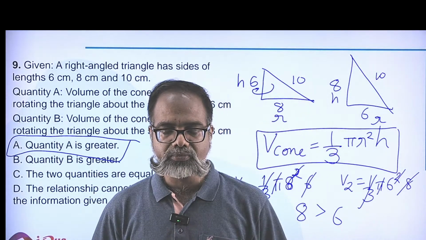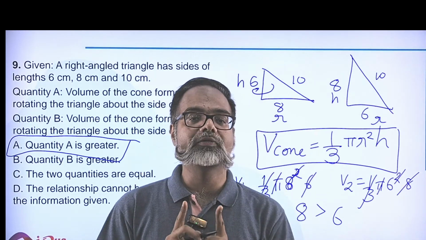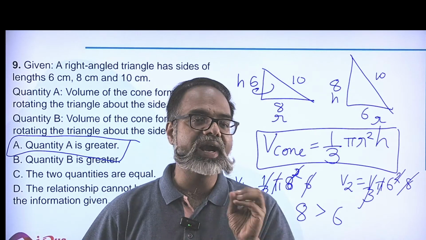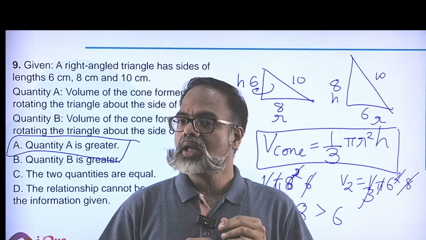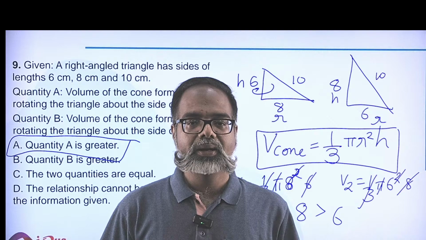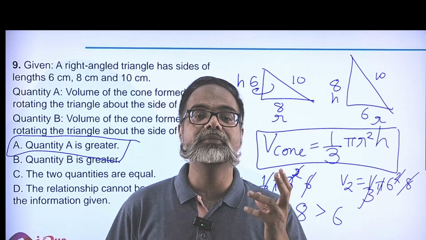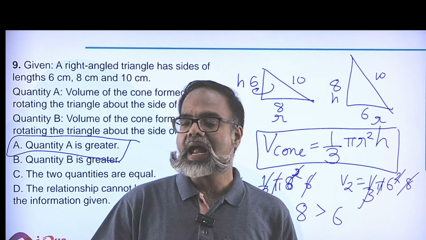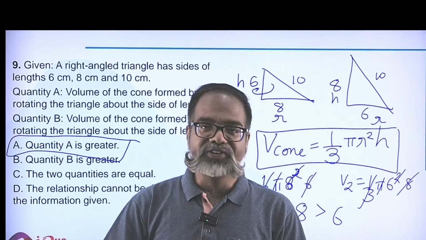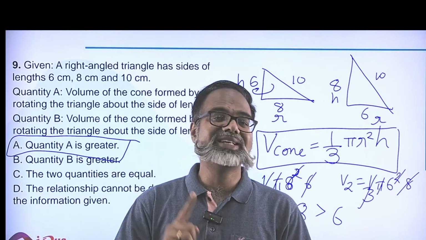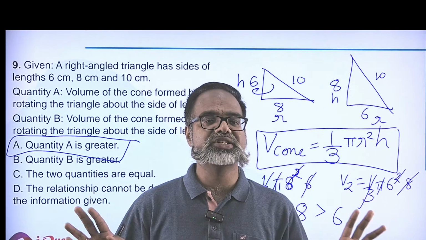Quantity A is greater. The only thing that you needed to know for this question was, one, what is the volume of a cone? And believe me, people who dread mensuration, which is area, volume, surface area, curved surface area, total surface area, they are absolutely easy to remember because every formula is interconnected. Trust me, you don't have to remember more than 4 or 5 base formulas and a couple of rules. And all those multitudes of, whether it is a cube, a cuboid, a sphere, a hemisphere, a cone, a cylinder, whatever, all those formulas can very easily be memorized. All you have to do is understand the basics, right?